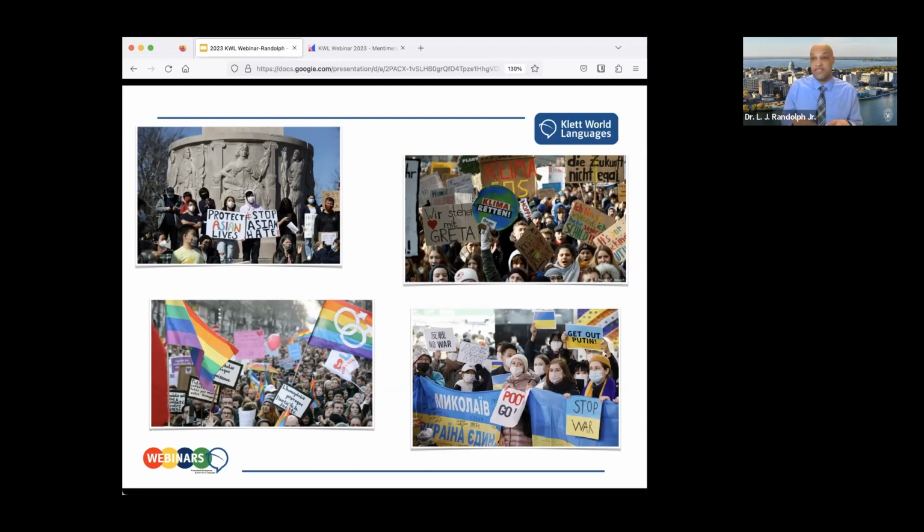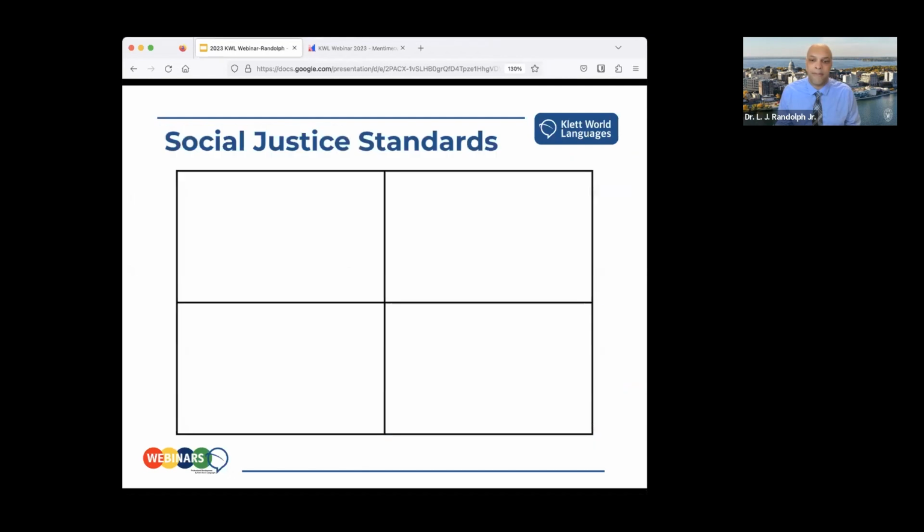So a lot of these elements transcend national boundaries. You don't have to be in a specific country. I don't have to teach Russian, for example, to talk about the war between Russia and Ukraine in my classroom. And people worldwide are engaging with these issues of equity and justice. This is a great opportunity to connect with what's happening in our students' immediate communities, as well as what's going on worldwide in many communities in which the languages we teach are spoken. So that's one way, rethinking the 5 C's.